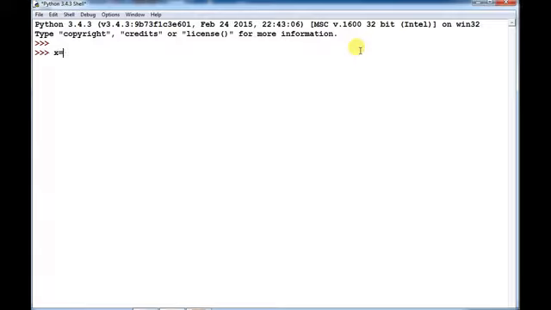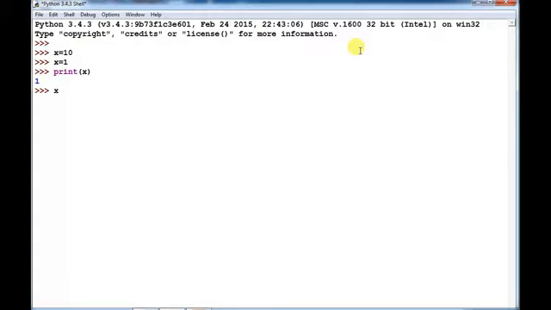x equals 10 I have written here, and I want to print 1 to 5. Sorry, I am initializing x with 1, and then print x. So you will get 1.